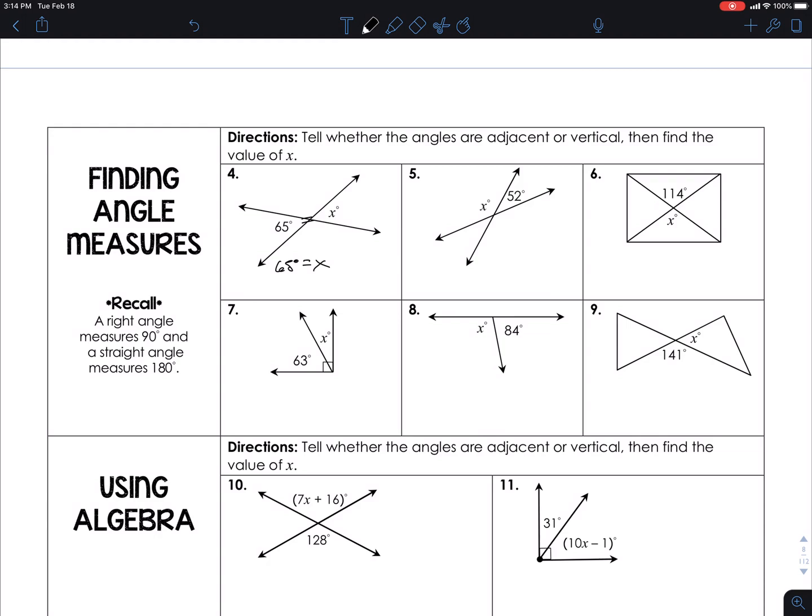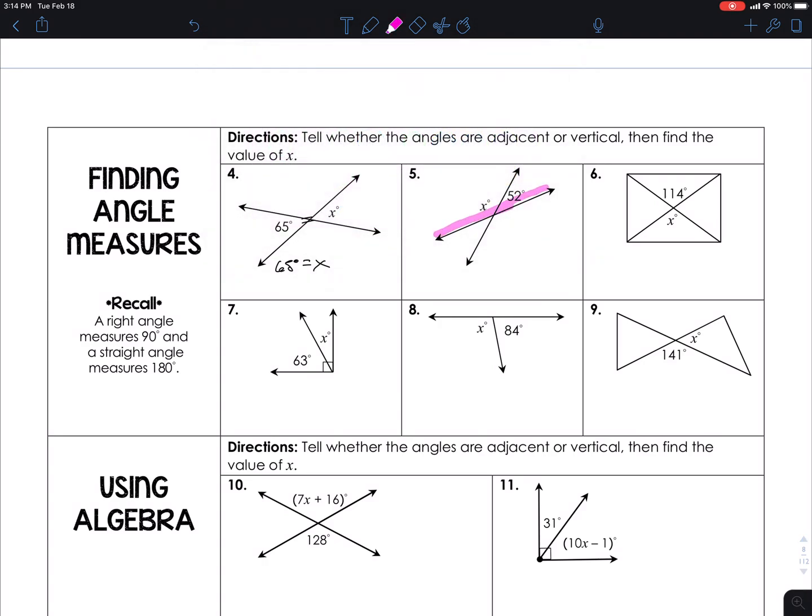I'm going to show you how to do number 5. Number 5 is a little bit more difficult because this is where kids, I don't know why, but it seems 7th grade has trouble with understanding that if you take a part out of the whole, you have the other part. Well, this whole thing, I'm going to highlight this whole thing